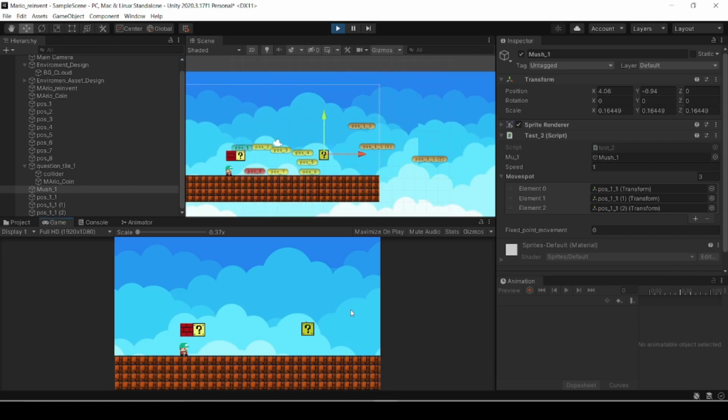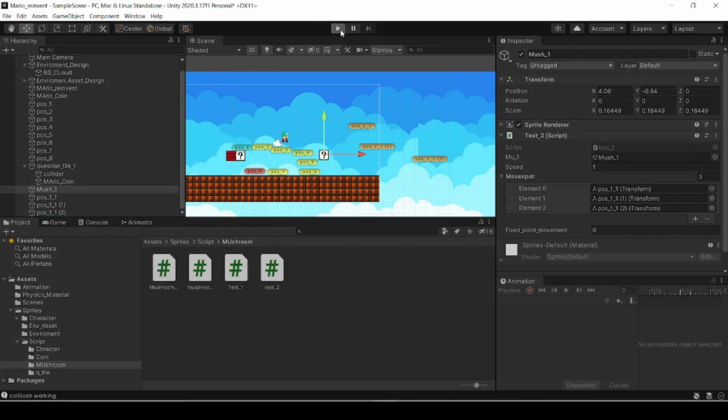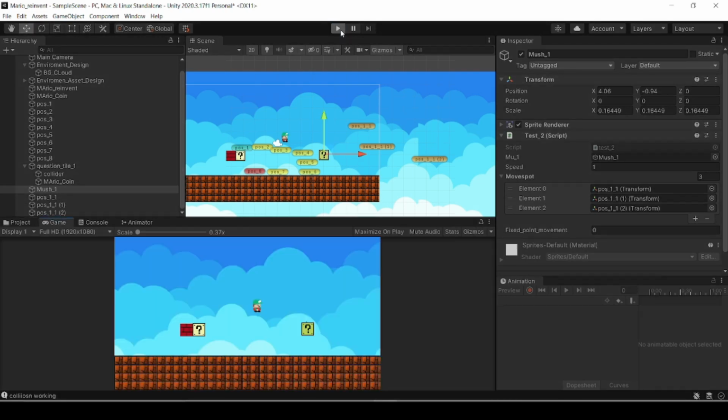okay, your position 1 is here and position 2 is here. This time it is not working properly. I think there's some bug issue, otherwise fine. Now let's check it again. It's 1, it's 2.